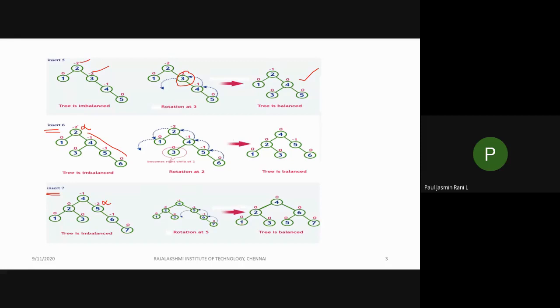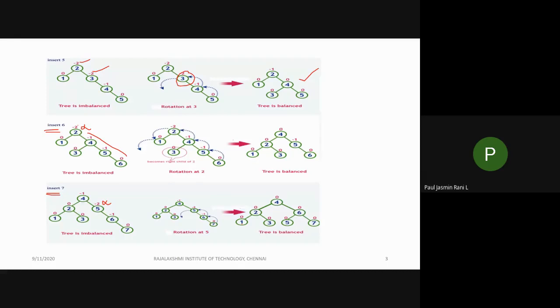Okay, so while you are constructing this, normally you have two kinds of rotation: single rotation and double rotation. Double rotation is nothing but, inside that rotation, you call the single rotations, that is, a single left rotation as well as a single right rotation. Therefore we call it a double rotation. That is, two times you are going to perform the rotation, one on the left side and the other on the right side.